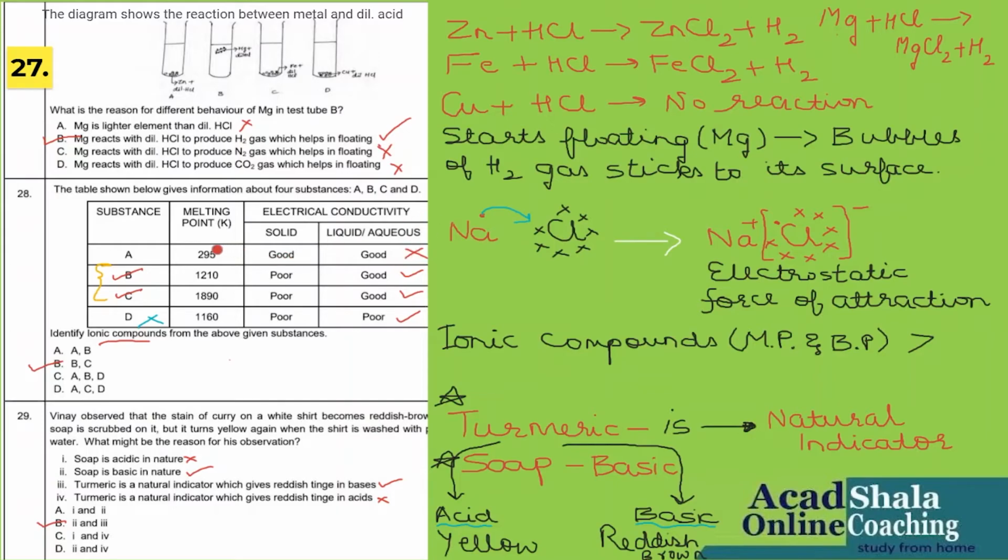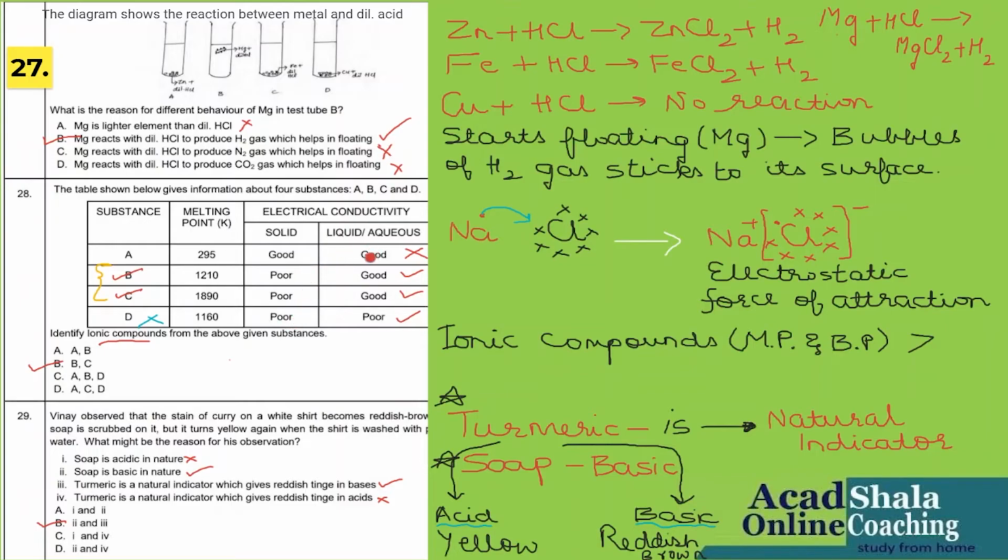This is out of the picture. It has no competition with the other 3. So I will only concentrate on the 3, B, C and D. Even with my prior knowledge, I know the melting point is absolutely correct. Let me go to the electrical conductivity to check among B, C and D. In solid state, it is poor. This is also poor. This is also poor. So all 3 are absolutely correct according to my prior knowledge.